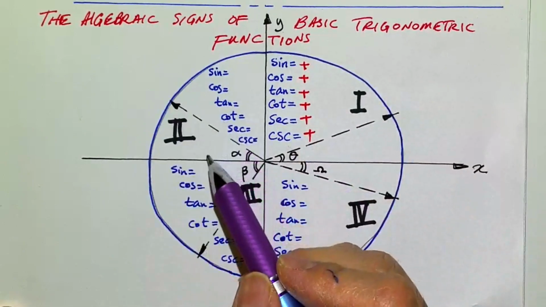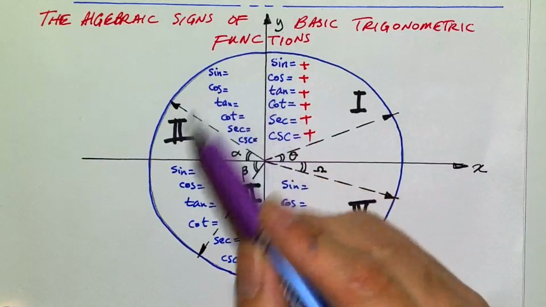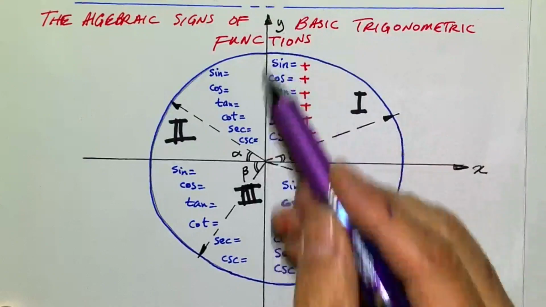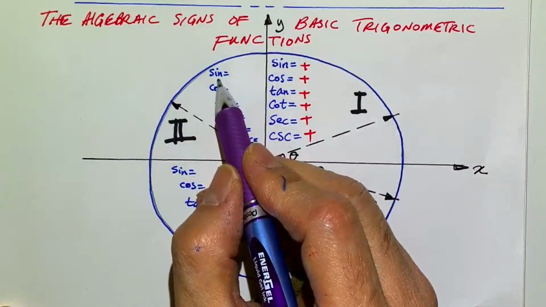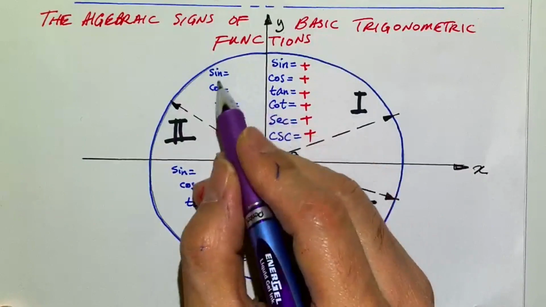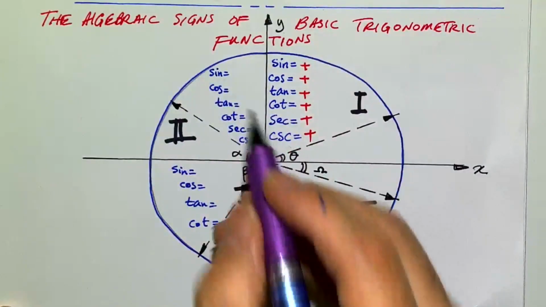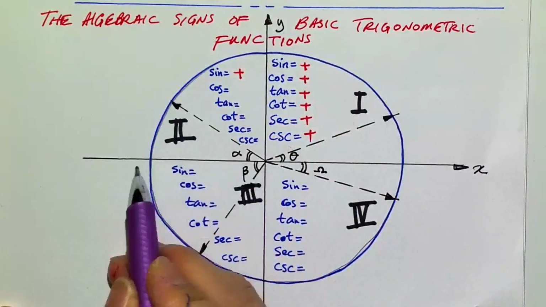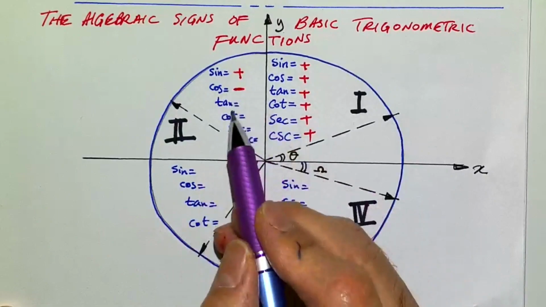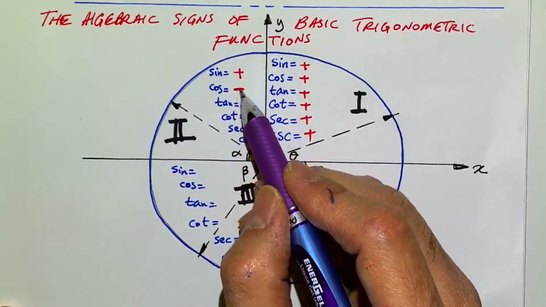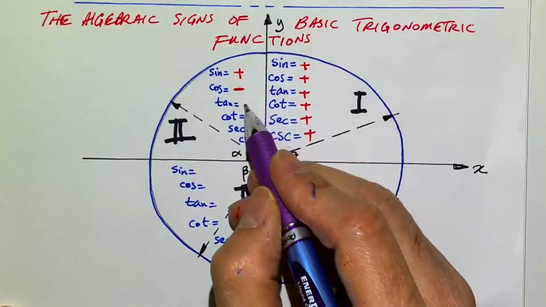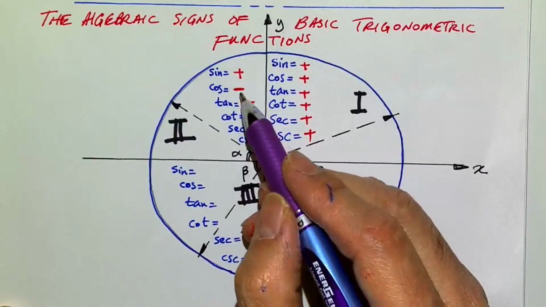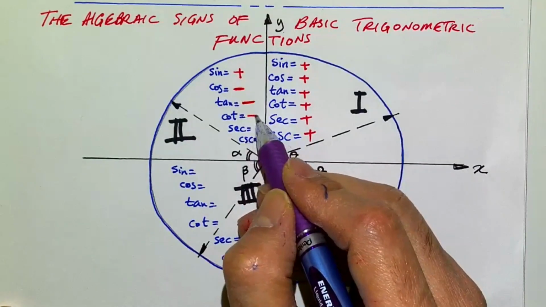Now here things get a little bit more interesting, right? Because in the second quadrant, which axis is positive? The y-axis. The y-axis is tantamount to the sine function, right? So I should have said sine theta, but you get my point. So this would still be positive, but look at the x-axis. It's negative, so cosine would be negative. Tangent is a ratio of sine divided by cosine. Positive divided by negative, negative. Cotangent is cosine divided by sine. So negative divided by positive, negative.